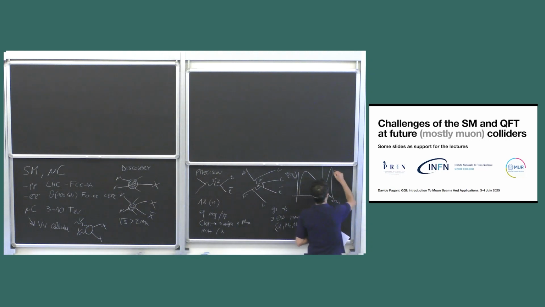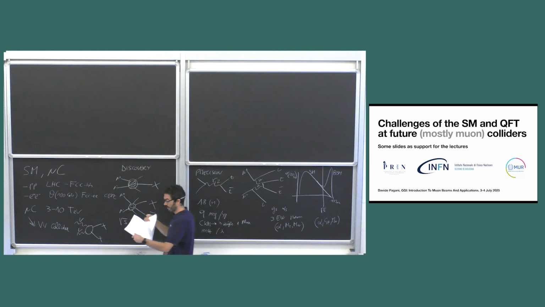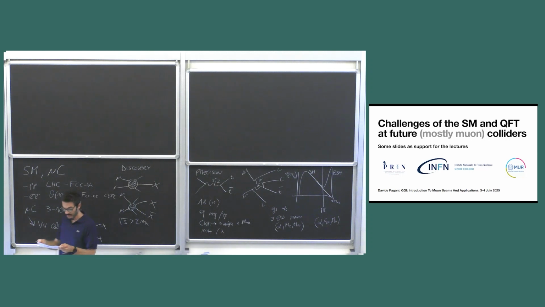So this is like the BSM, and this is the standard model, and the reality is all together, but if you measure below this energy, you don't see the clear peak, okay? So to do that, you need two things: very good measurements, but also very good predictions, okay? So if you have an effect under like 1%, an effect here that is of the order